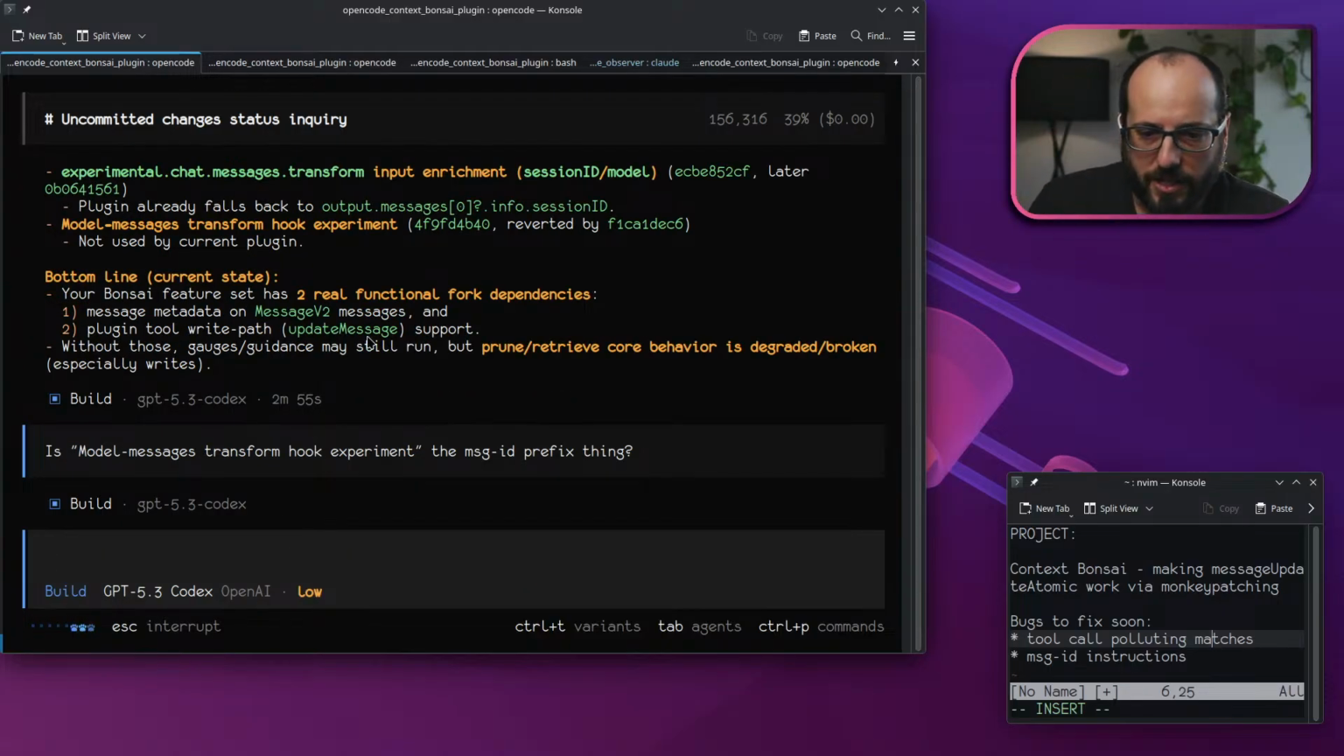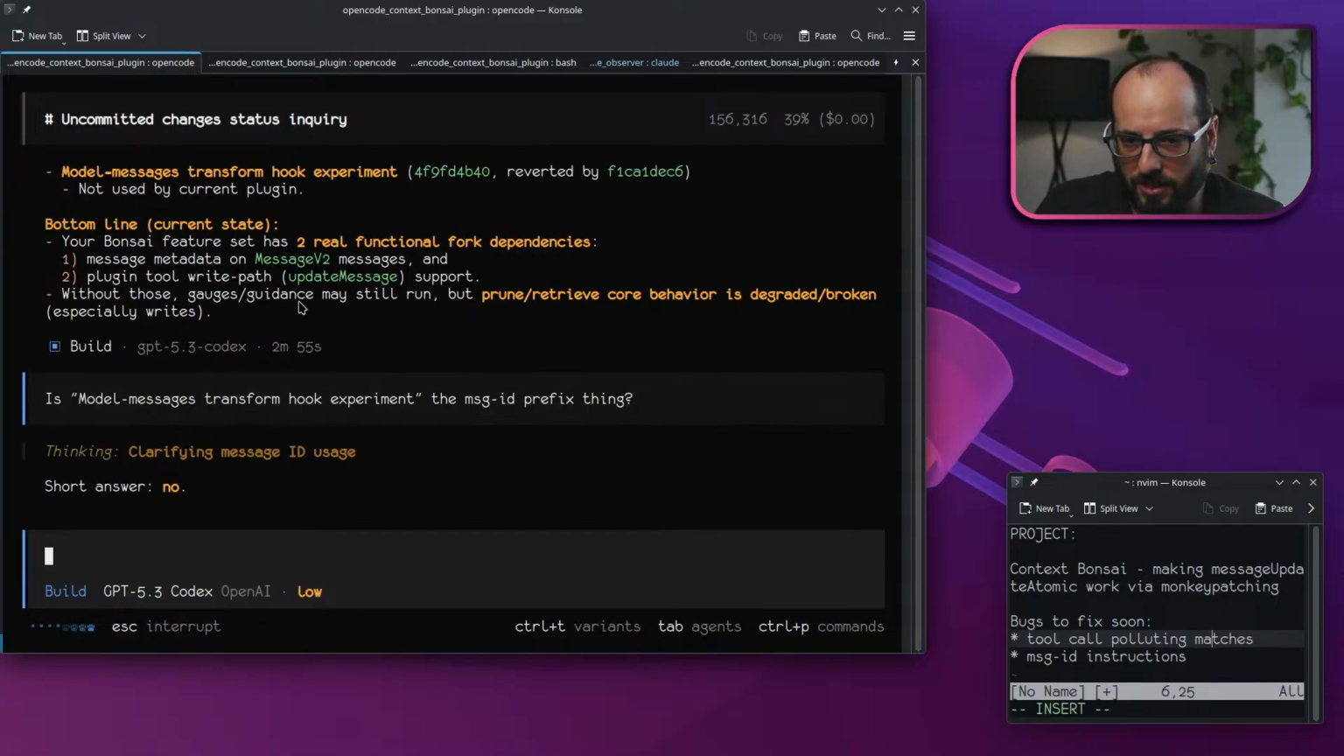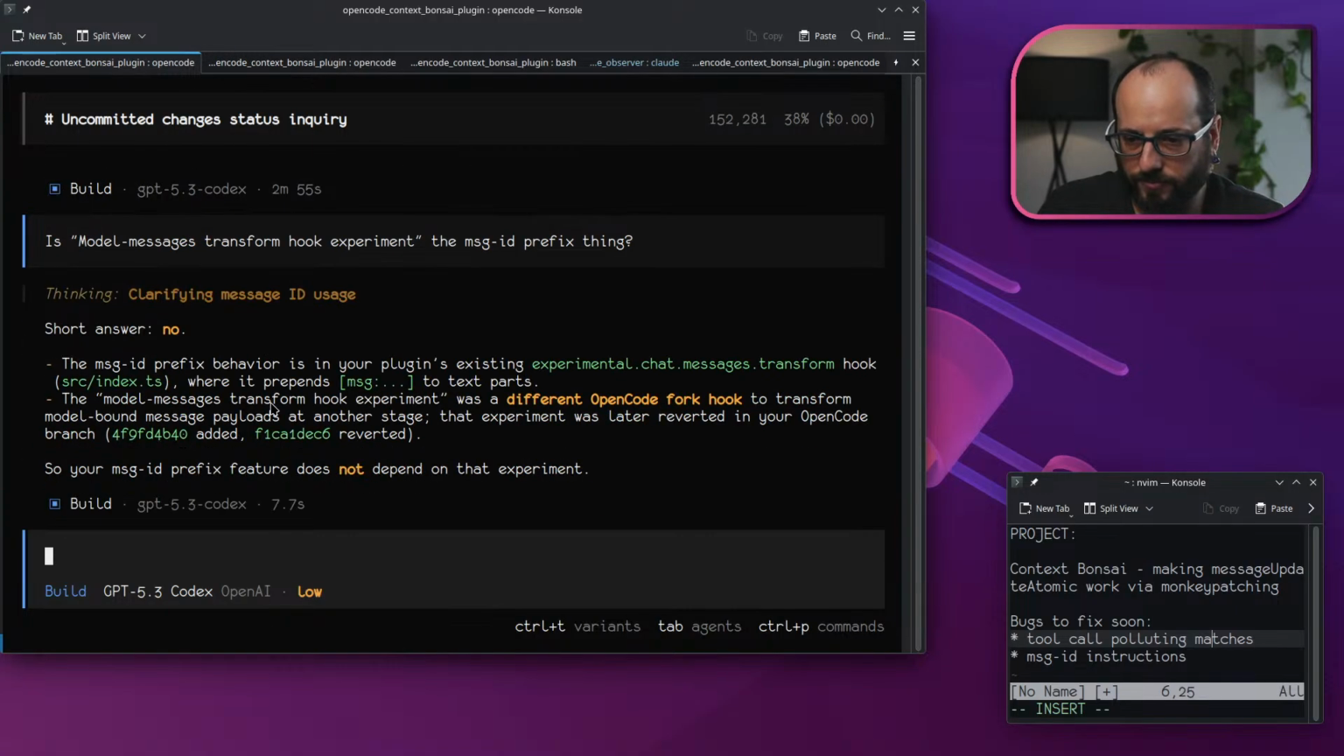Your Bonsai feature set has two real functional fork dependencies: message metadata on message v2 messages and plugin tool write path update message support. Okay. The message ID prefix behavior is in your plugin's existing transform hook where it prepends message to text parts. The model messages transform hook experiment was a different OpenCode fork hook to transform model-bound messages. Oh yeah, messages at payloads. Okay, so originally